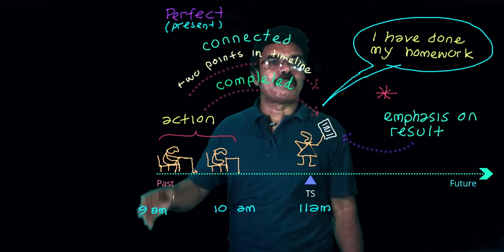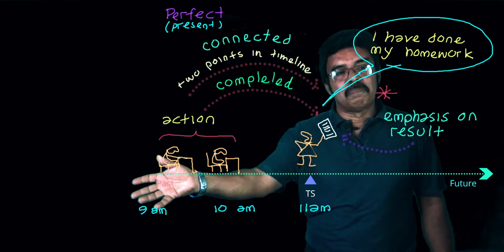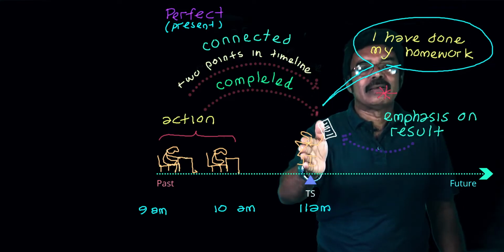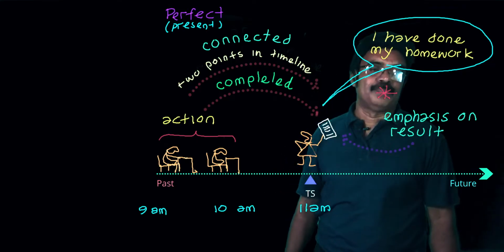Perfect. This is present perfect. Why? The past comes to present. The result is at present. So therefore,